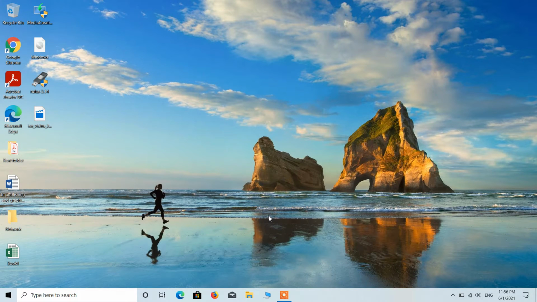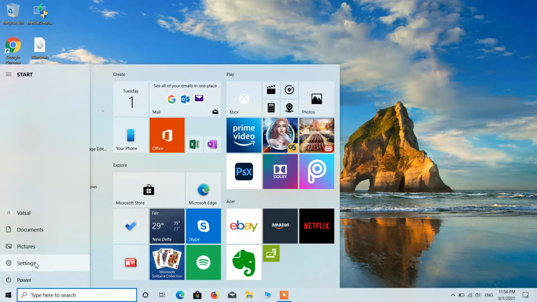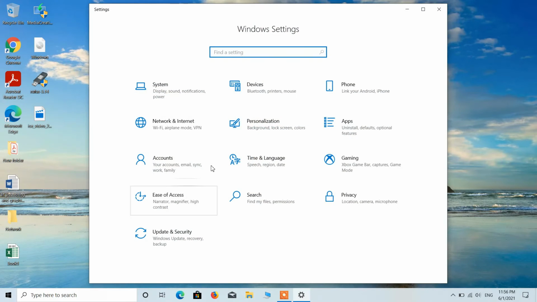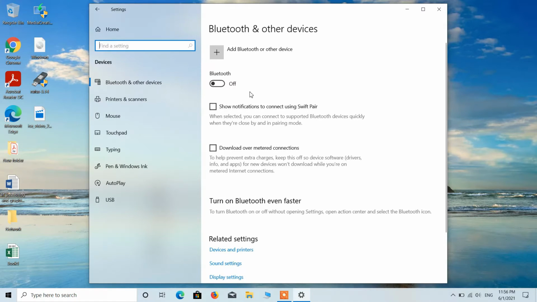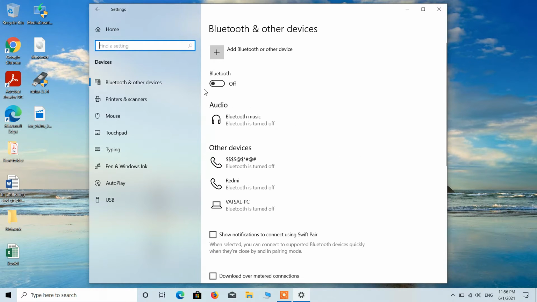So let's discuss the problem number 1, Bluetooth icon not showing in taskbar. If you click on this arrow icon in the taskbar, you can see that the Bluetooth icon is missing. To fix this issue, just click on the start button, click on the settings option, click on devices, and just toggle on this Bluetooth.